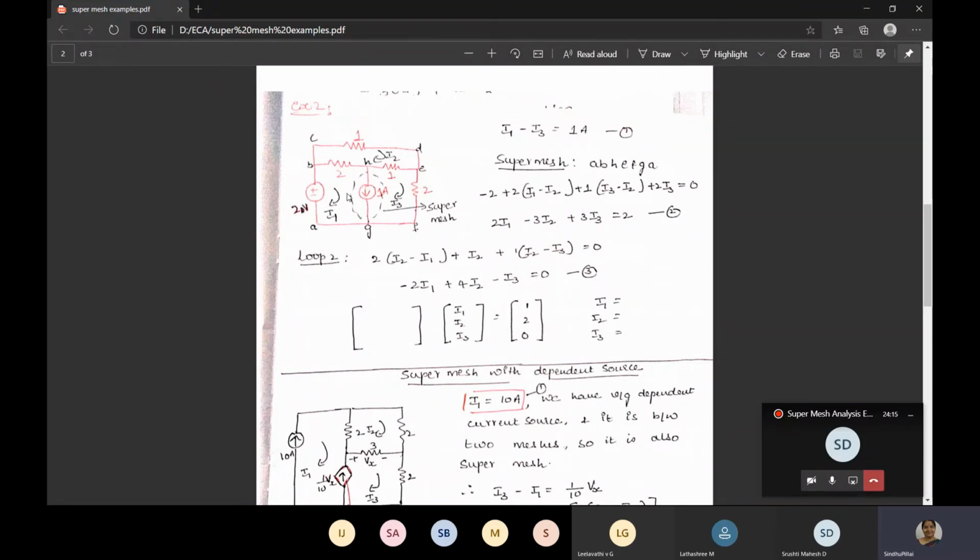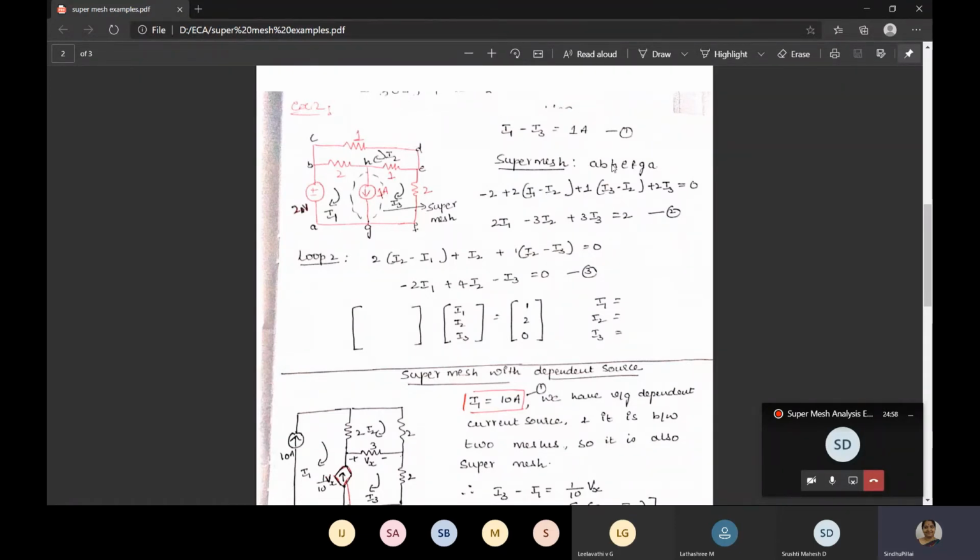First we'll write for loop 1. It is entering minus sign, so write it as minus 2. Next, it is a voltage source; you have to write it just as minus 2 only. You should not multiply it with current. Next, the element is a 2 ohm resistor, so it is 2 into I1 minus I2. Next, the element is a 1 ohm resistor, so it is 1 into I3 minus I2. And next, the element is again 2, so it is 2 into I3. So we have one voltage source that is 2 volts and we have 3 resistors: 2 ohm, 1 ohm and 2 ohm. All that put together gives the super mesh equation. Simplify that equation and you will get equation 2.